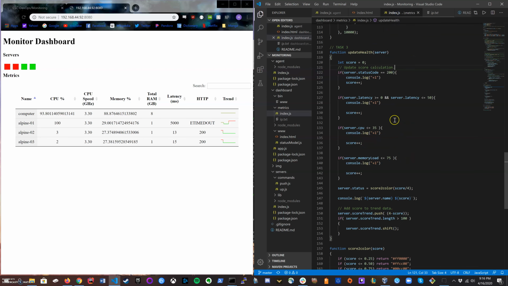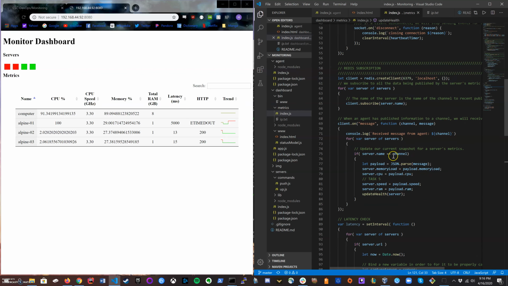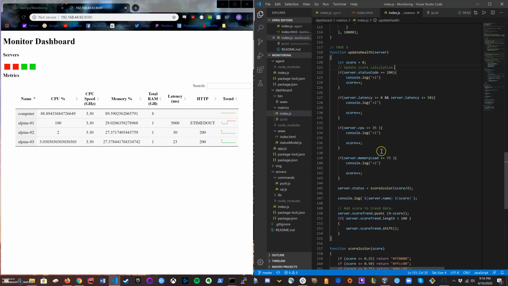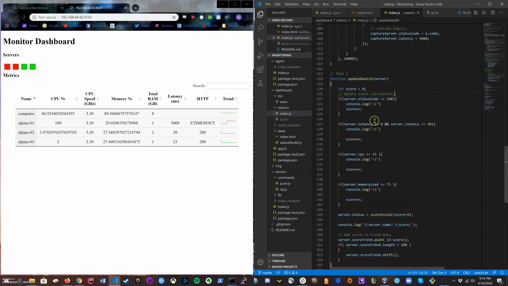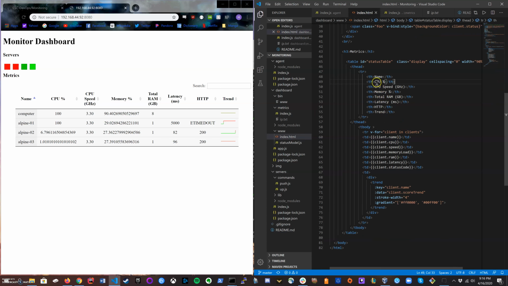In the metrics, again, you go up here, task 5. Here's where the servers actually get the information. And I didn't factor these into the score because it doesn't really have anything to do with the health of the server. It was just information for someone to look at if they needed to know it real quick. So here we can see my computer has a total of 8 gigs of RAM, whereas these servers only have 1 gig, and they're all running at 3.3 gigahertz because it's on my computer, which is currently running at 3.3 gigahertz. And I also updated it in the HTML file right here for CPU speed in gigahertz and total RAM,